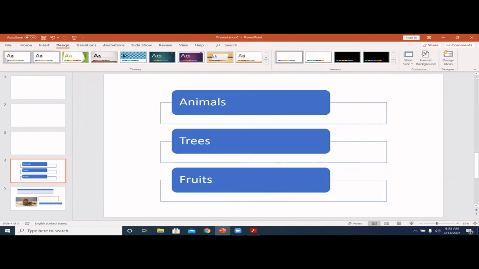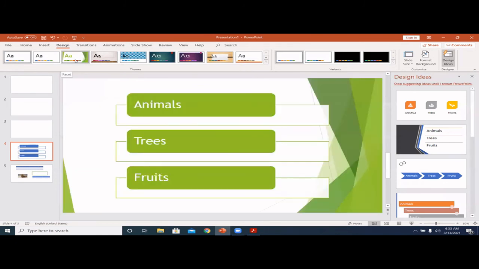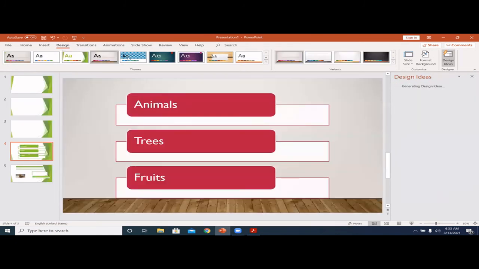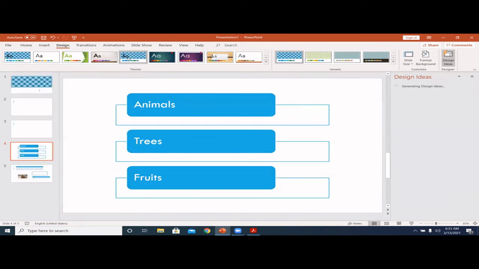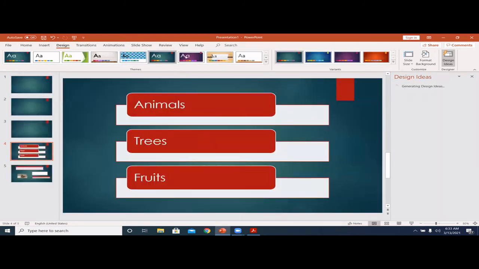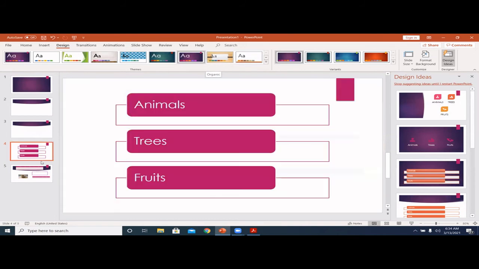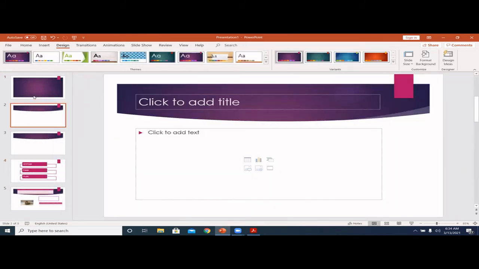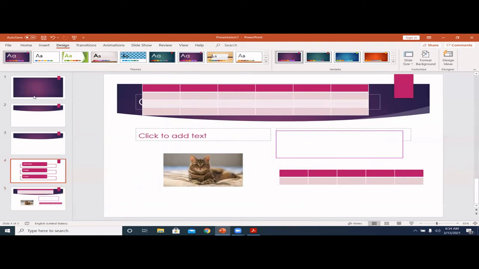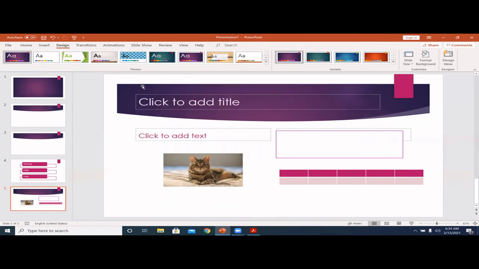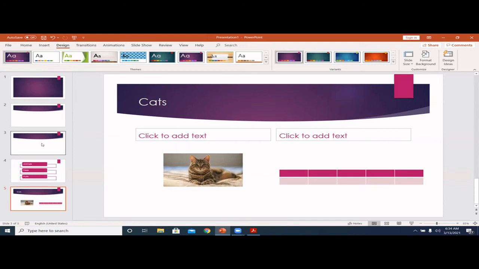Then comes the design, right? I told you these things, for example, are already designed, the colors and the font colors. So you don't have to worry too much. See, you can use different designs and go on, right? So all the slides will have that format. Okay, we'll just put cats or something like that. Okay,